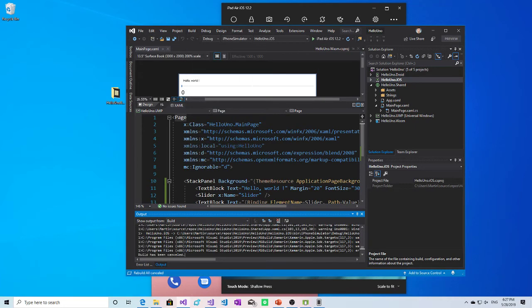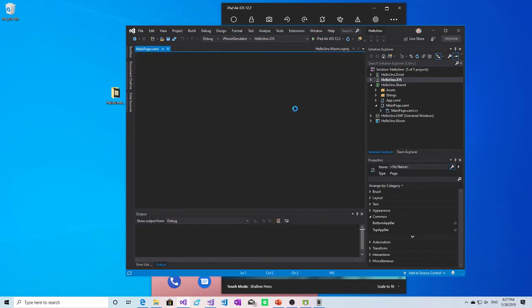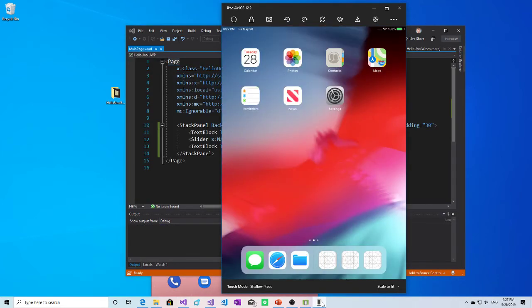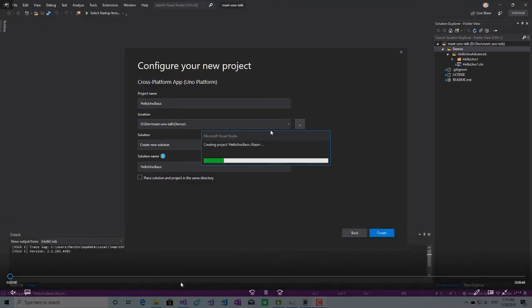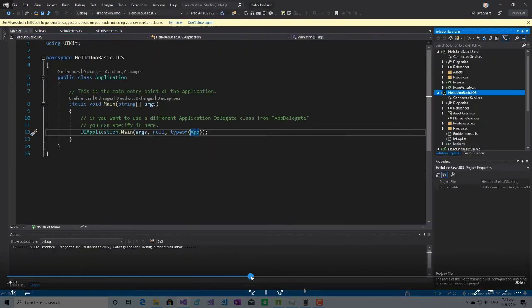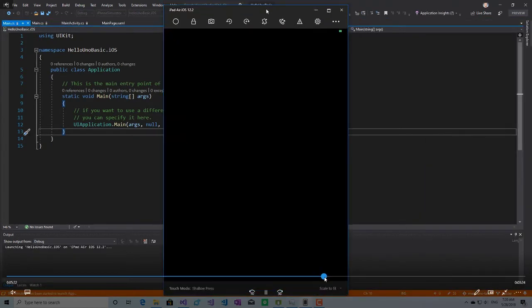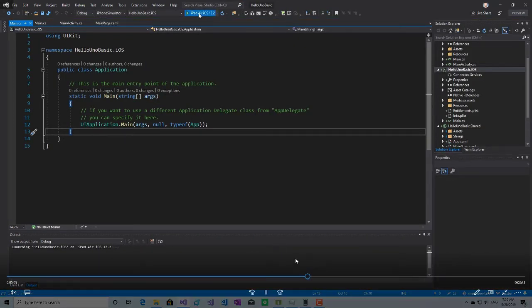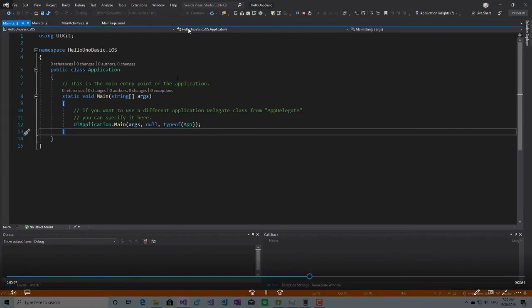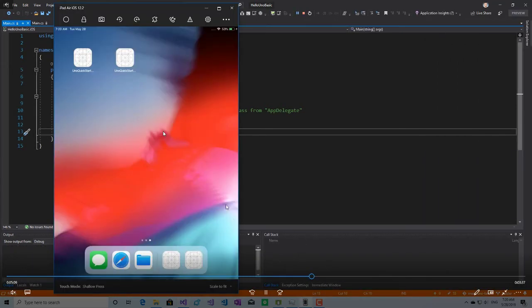Let's stop this and try again. But it seems the demo gods don't like us. Luckily, I've prepared a video with the debugger on iOS. I will just show you in the video and you have to trust me, it works. So there's the same application again.